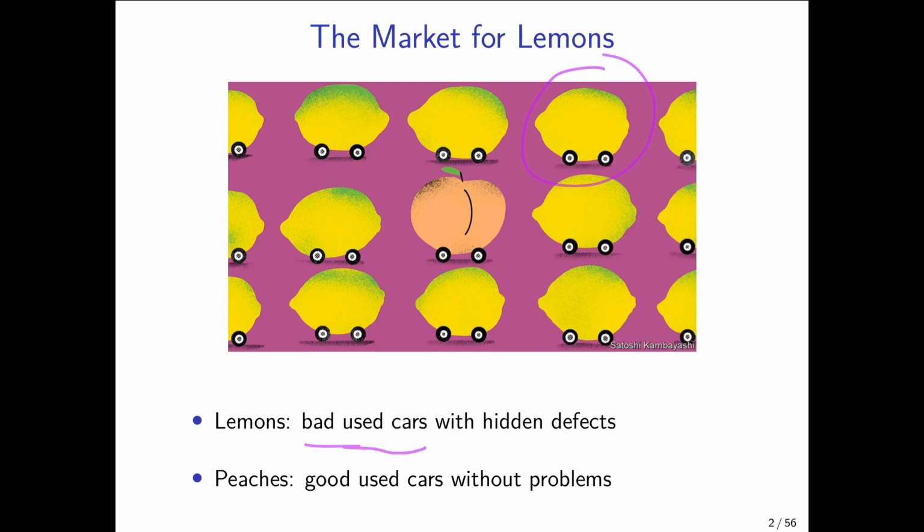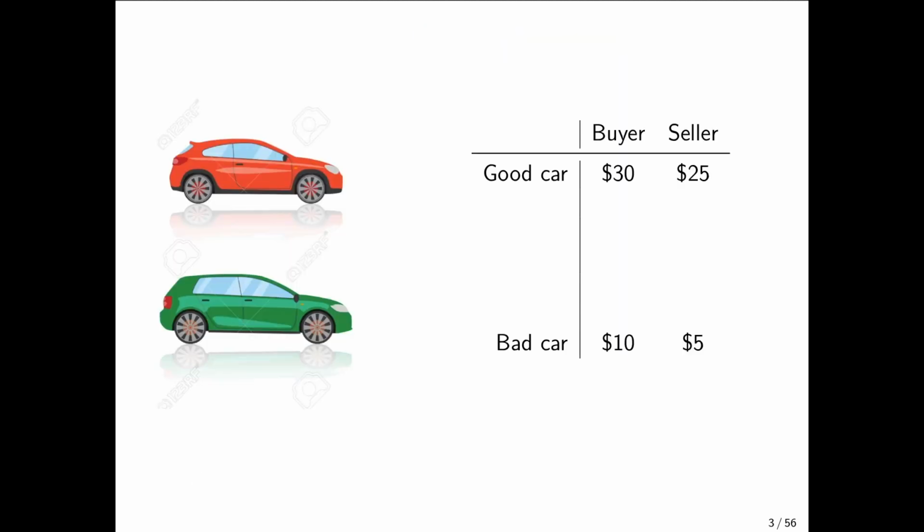So if you go to the used car market and try to get a used car, there's great uncertainty regarding the quality of the car. And there may be many lemons, bad used cars with low quality there. Among them, there might be some peaches, which here would be sweet and refer to good used cars without many problems, as compared to the sour lemons. It's called the market for lemons because the one who came up with the initial idea referred to those bad used cars as lemons,